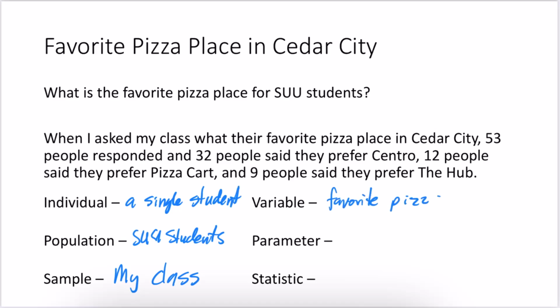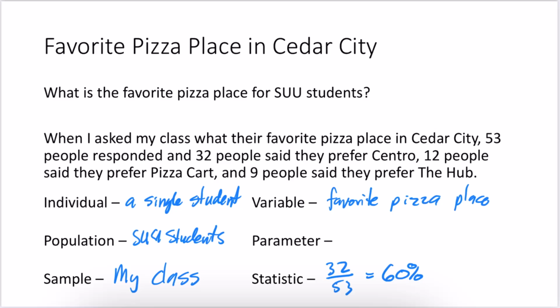And the parameter would be maybe the percentage of people who prefer Centro. And the statistic would be the percentage of people in my class that prefer Centro. So to calculate the statistic, I would say, okay, well, there were 32 people out of 53 people in my class that prefer Centro. And so if I divide those, I get about 60% of my class prefers Centro as